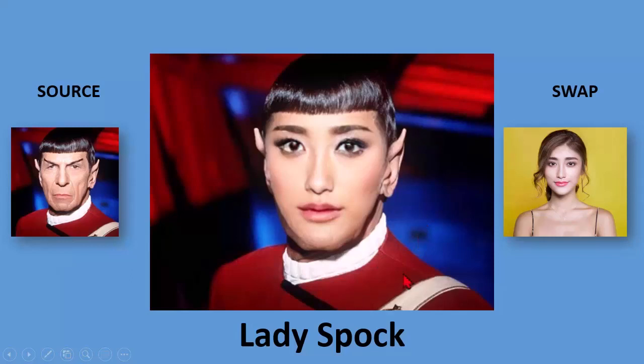So notice that source means that certain attributes are going to end up in the final result. What is he wearing? What is his hair like? What are his ears like? And then here, all it really does is take the facial features and put them in here. Another interesting thing is that Mr. Spock is a little wrinkly here. This is a little older picture of him.